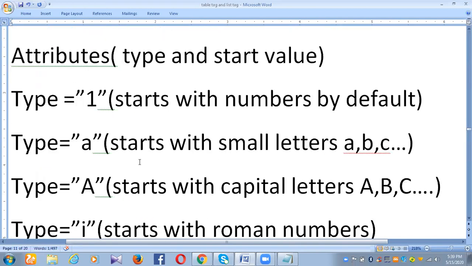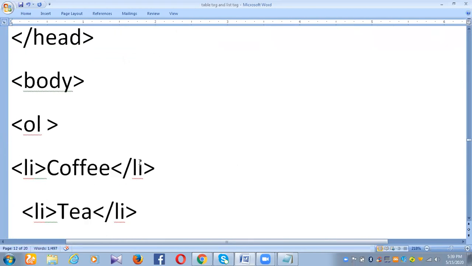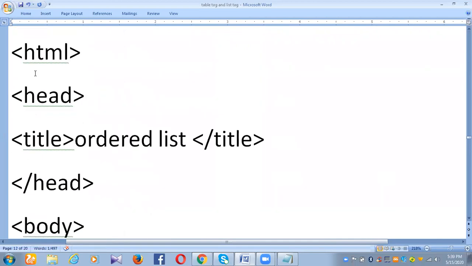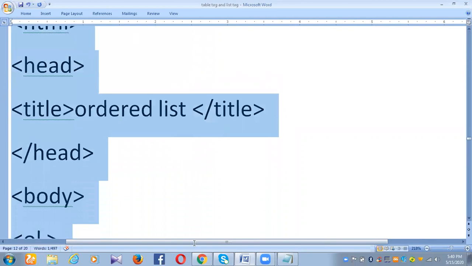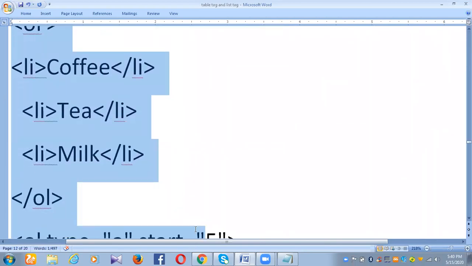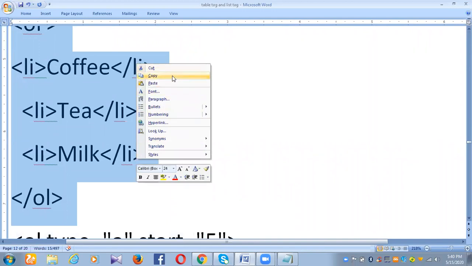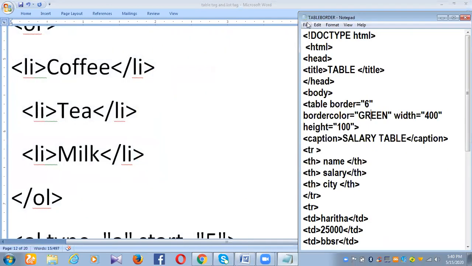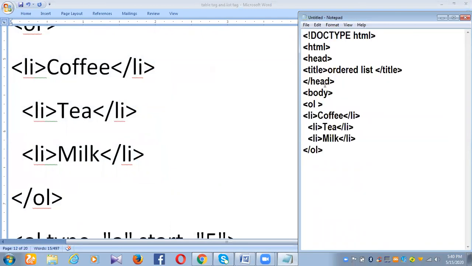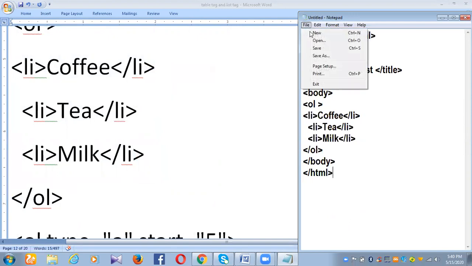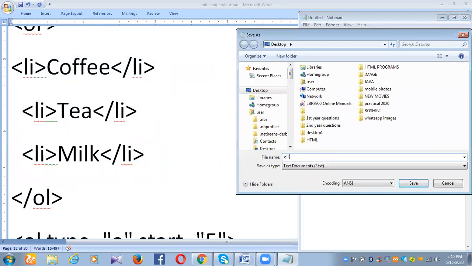So let me take you through an example first by copying it. Let us save this first as OL.html.